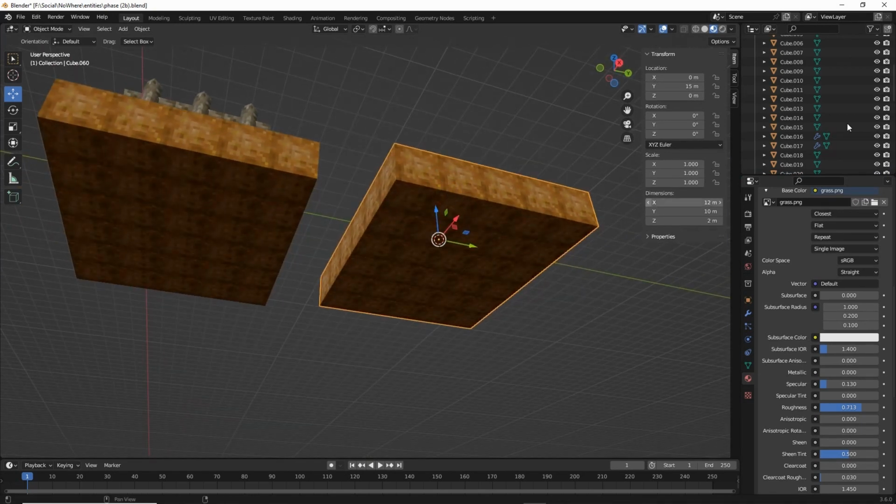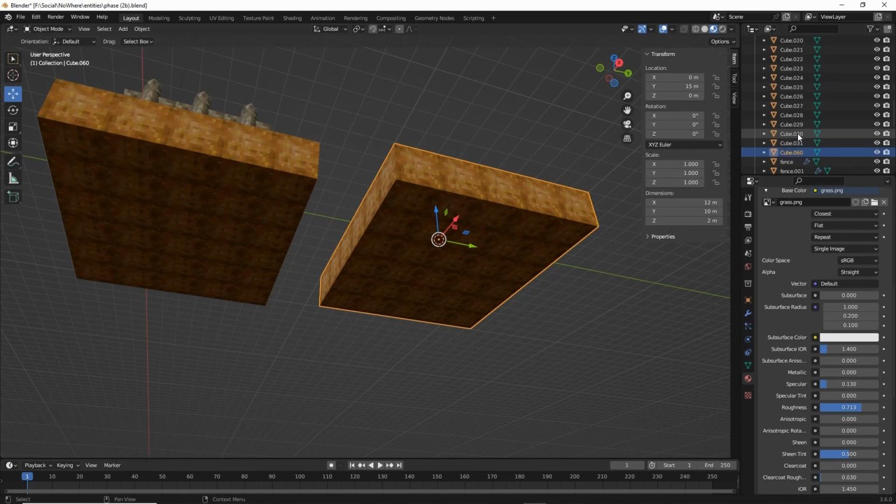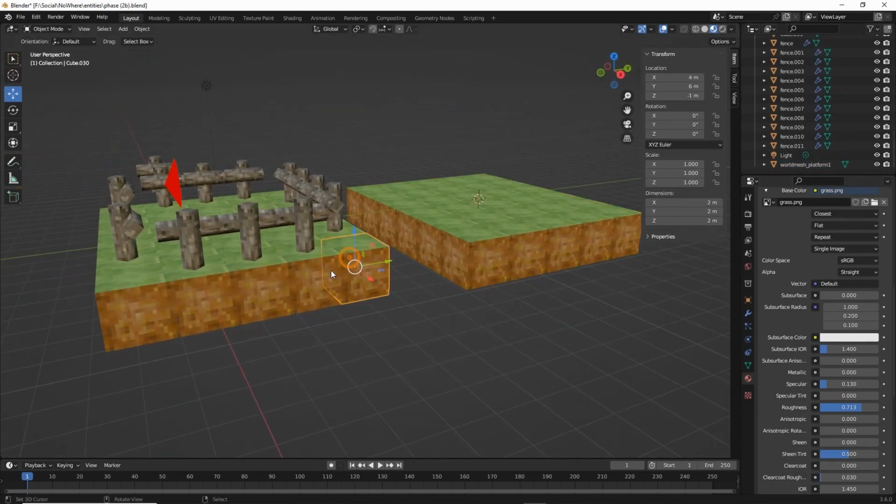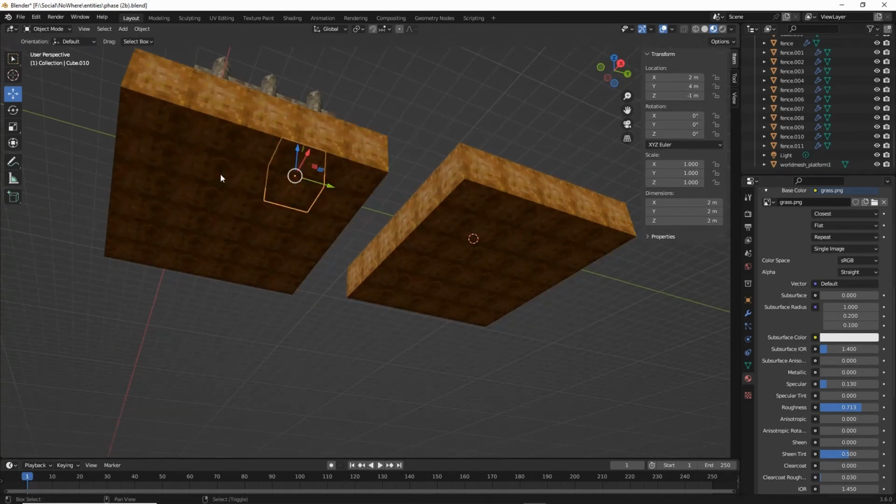And the reason why we want to keep these separate is because now that we've got our plane or platform, let's just rename this. Double click. Let's call this world mesh underscore platform 1. World mesh platform 1, because we can select these,